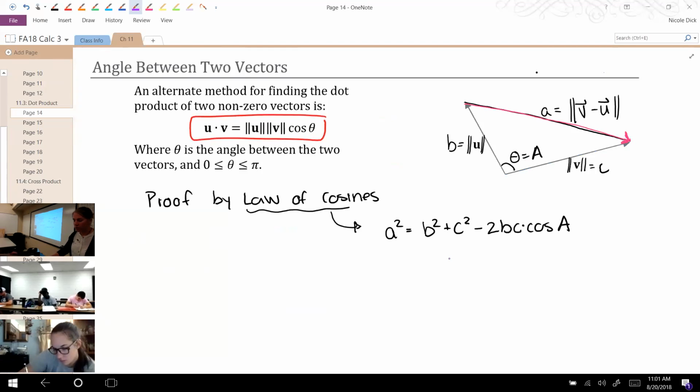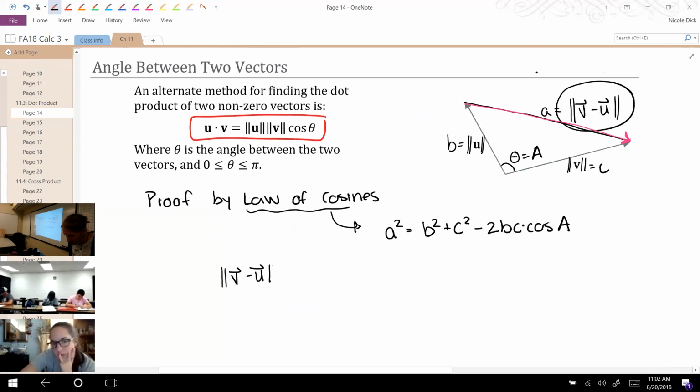Okay. So in terms of our vectors, really all we're going to do is plug in the magnitude of u, magnitude of v, all that stuff there, and then just simplify this down until it looks like this. This is really what's responsible for what we're doing there. So here we go. Let's do some substitution. We said that A is the magnitude of these guys squared. So we're going to have the magnitude of v minus u squared